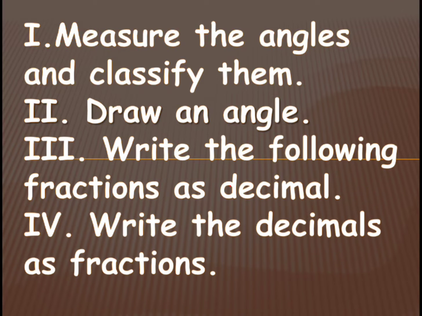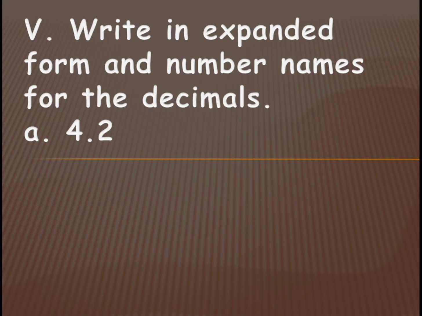Yes? So, let's learn the next bit, which is to write the expanded form and the number name for the decimals. Here it is 4.2. Then the expanded form will be equal to 4 plus 0.2, isn't it? If there is another digit after 2, for example, if it is 6, then plus 0.06. We have already done this in the classworks, children. You can go through all the classworks and also the skill sheets and check with the answers which I have sent for the skill sheet also. Okay, so this is your expanded form.